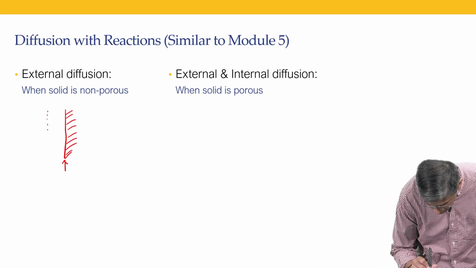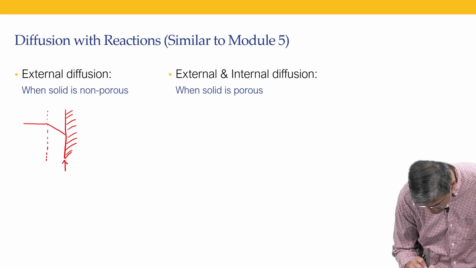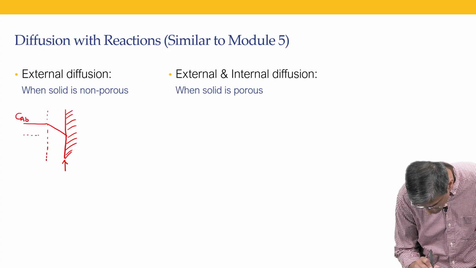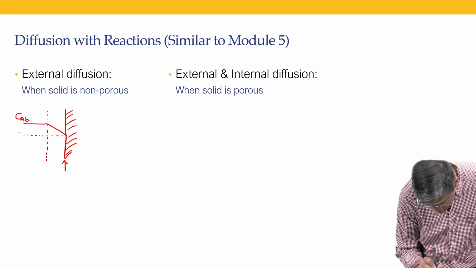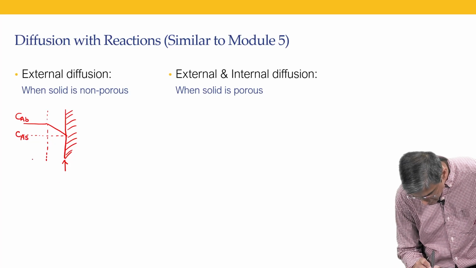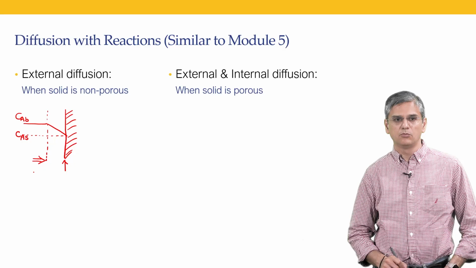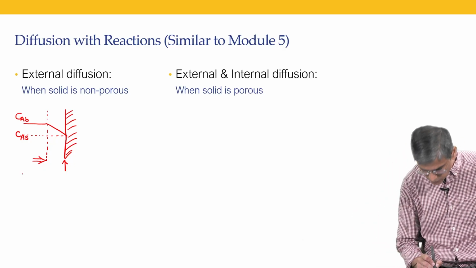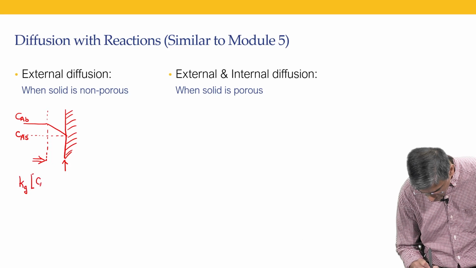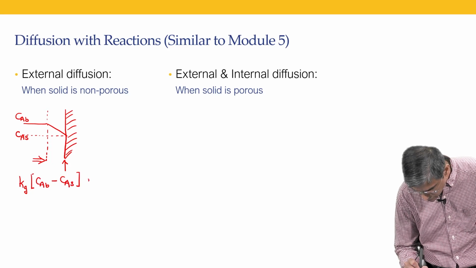What we said is there's going to be a gas diffusion layer. Okay, CAb, the bulk concentration. This is going to be CAs. The rate at which flux happens at this boundary is going to be Kg multiplied by (CAb minus CAs) multiplied by